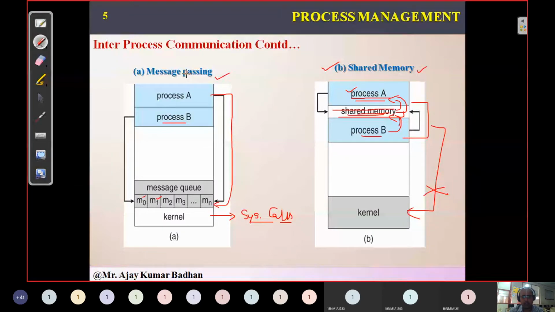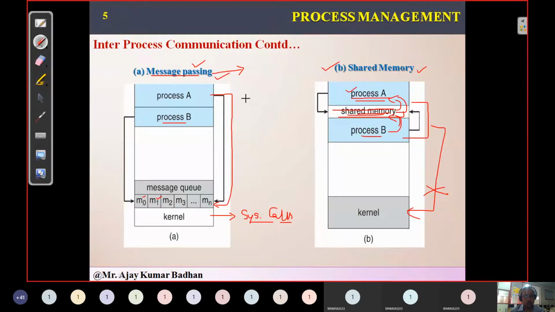But which one is more efficient if you ask me? Message passing is more efficient than this, because it can be transmitted instantly, and moreover it is used for sending short messages. We cannot transmit long messages. For example, in your smartphones, if you want to send an individual message, every message will have a limit. You cannot send everything in the first message; it will have some 120 characters, I don't know exactly, but maybe 120 characters. If you write beyond 120 characters, it will be delivered to your friend, but as a second message, not as the first message.